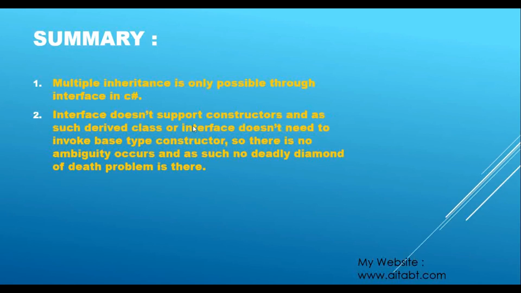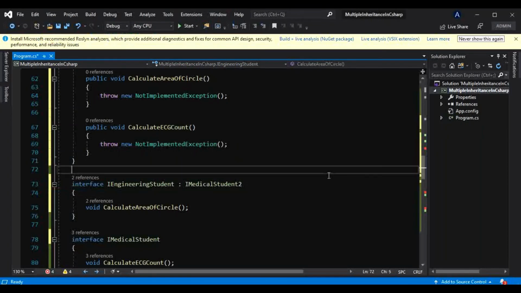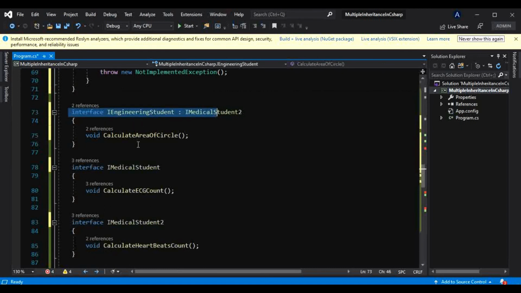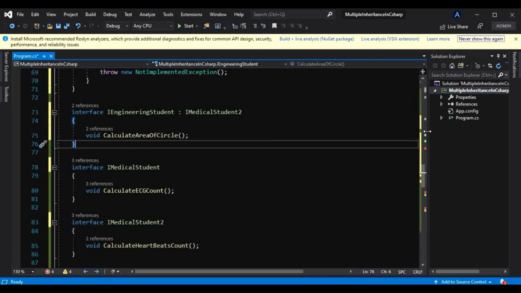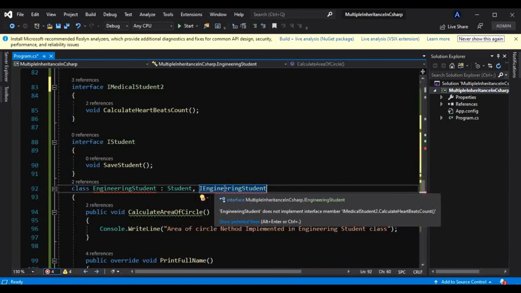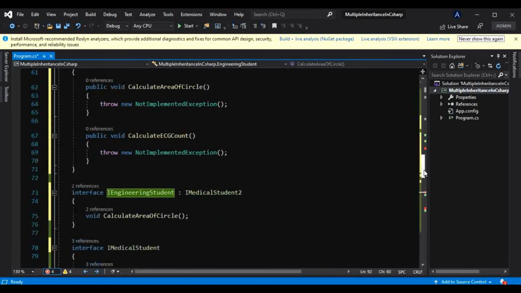Now what does the second point say, let me show you that. I have already told you interface doesn't provide constructor and doesn't provide field, so there is no sense of having a constructor there. So if this engineering class inherits from more than two interfaces as well, I have to make that correction here, and that is also another concept.